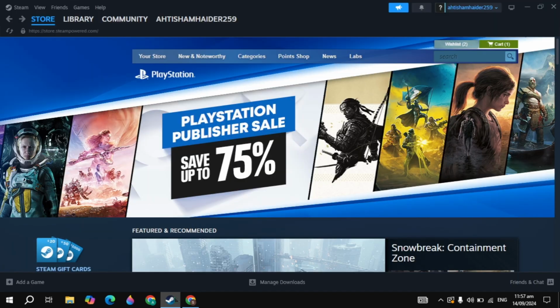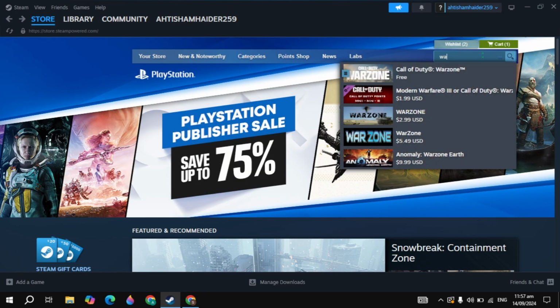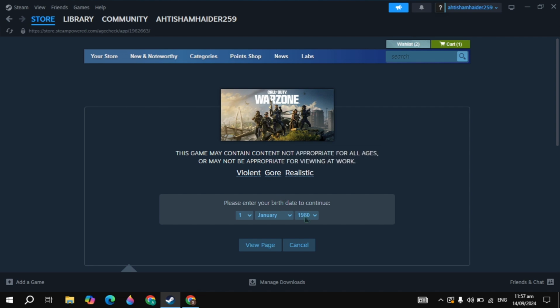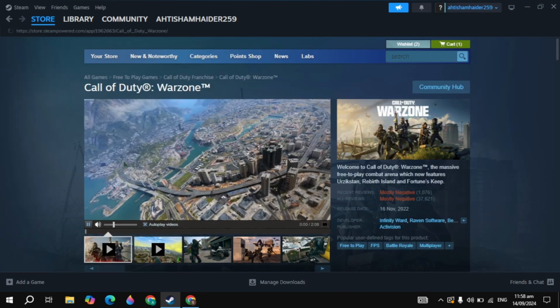Then just open up Steam and click on the search box you are seeing on the top, and here just type Warzone 2, and this game will appear on the top, which is the Call of Duty Warzone. Just click on that, and guys, on this page just select your date of birth, so I can just select any randomly. Then just click on the view page option you are seeing here, and then here you